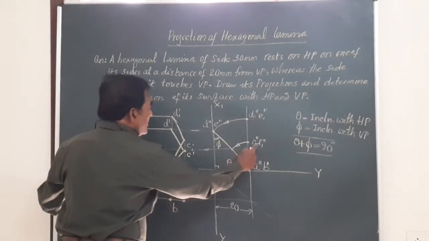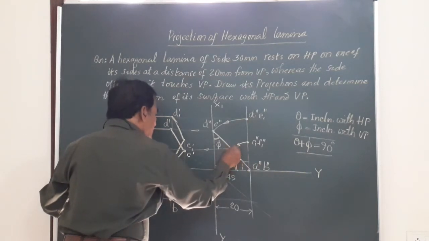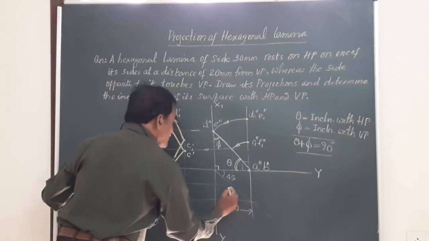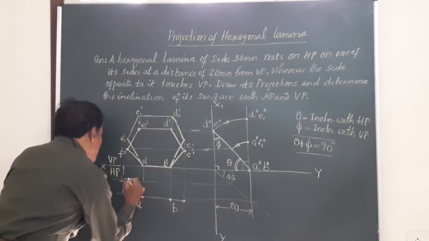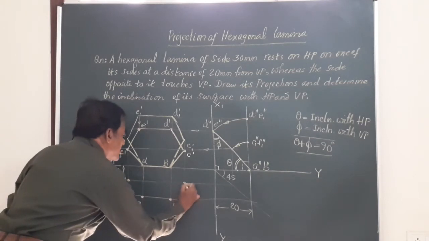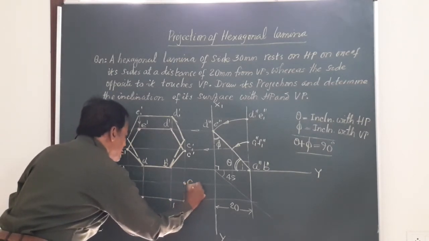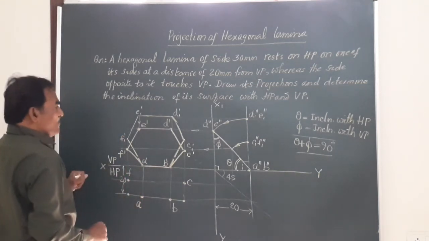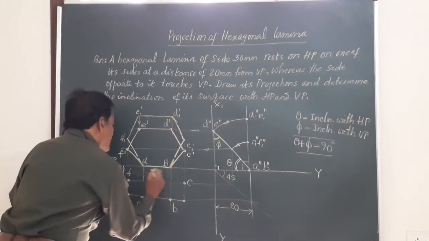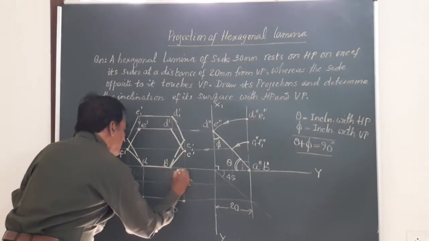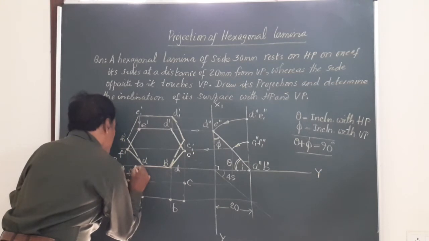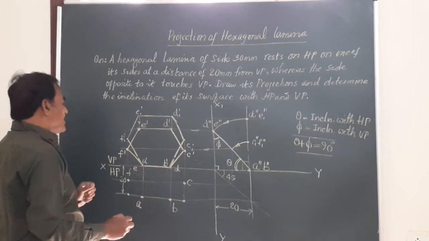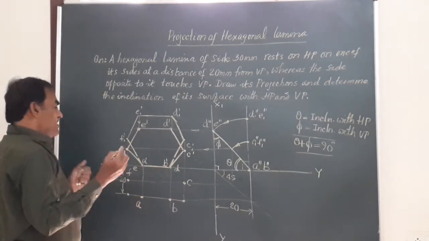Then friends, you have got this C and F. So to get that point, draw a vertical line from there, a horizontal from here. Friends, here below this F, you get the point F. Below C, you get the point C. So this is C and this is going to be F. Finally friends, this D is here. So see, this is going to be D and this point is going to be E. So you got A, B, C, D, E and F. That's all the 6 corners of the lamina in the top view.